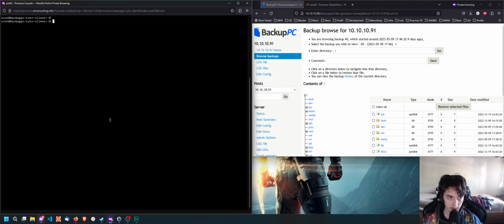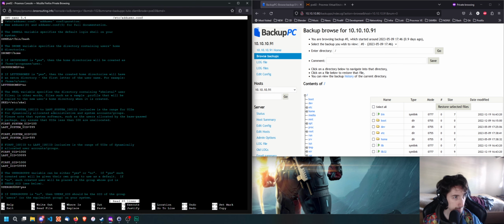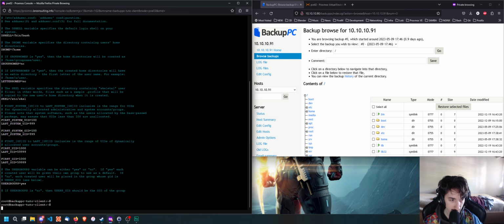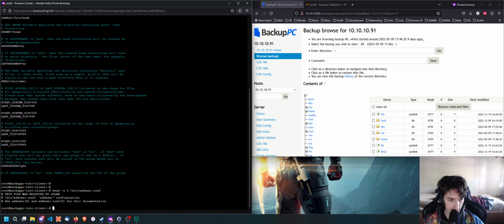Now, here, before doing anything, I'm going to modify a file just to show you. So let's go ahead and do nano etc add user conf. And we're going to do, this file was modified by Dylan. I'm going to save. And if I do a head -n4 of that file, we're going to see that this was saved. So I saved it and I modified the file, and it's no longer the same as in our